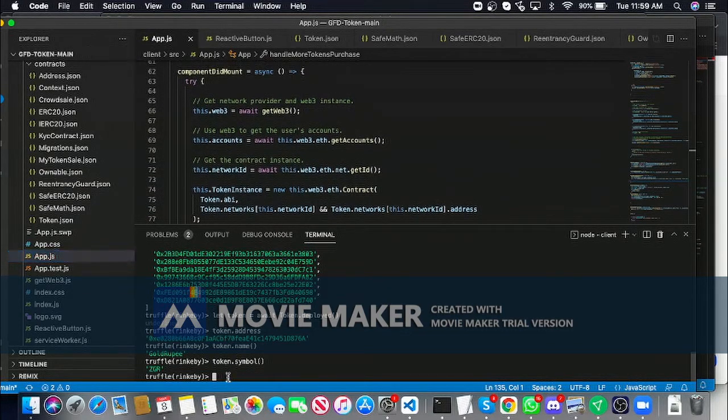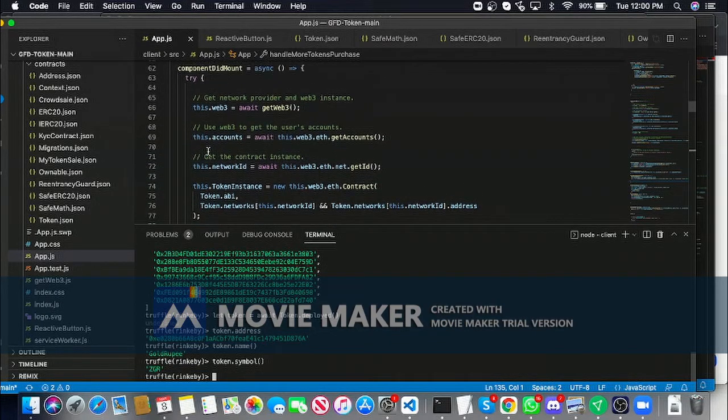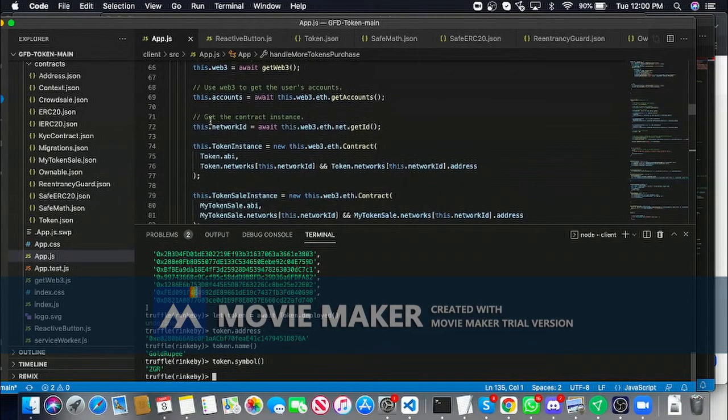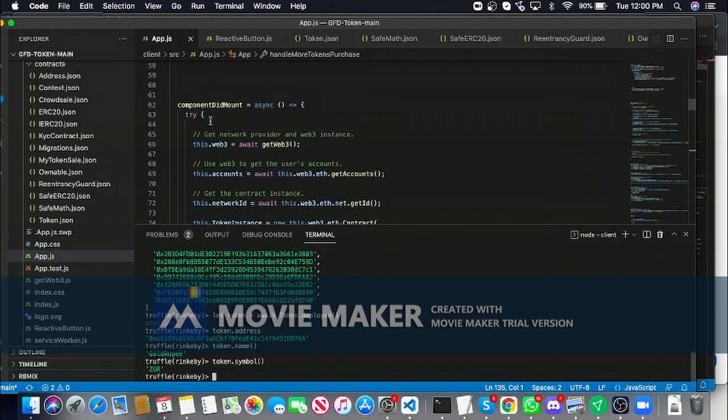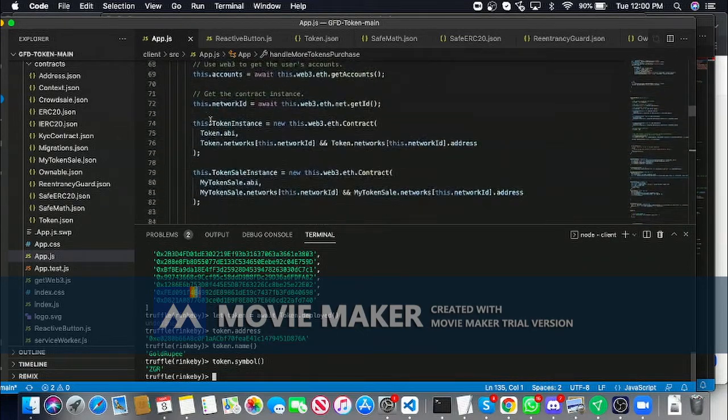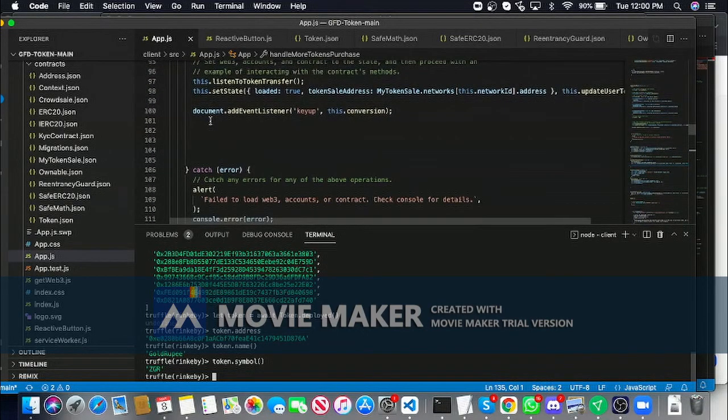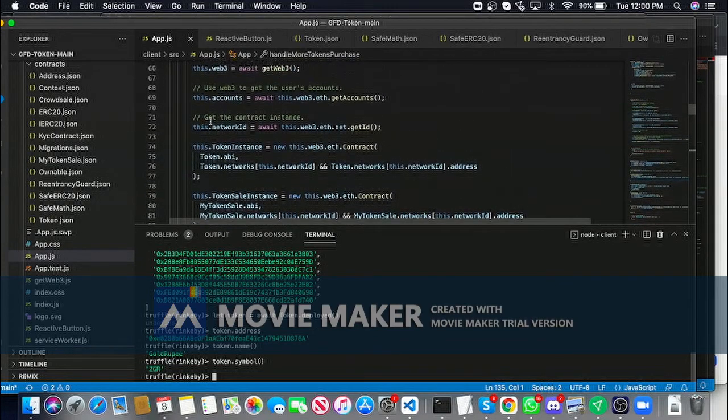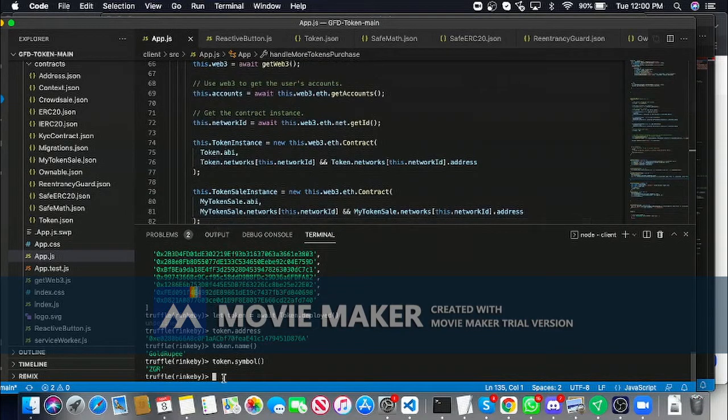Okay, so we've got our accounts all set up. You're able to see what token we've got deployed, just to make sure we're in the right place. Next thing you're going to want to do is get these contract instances the exact same way as in our React app. It's very simple. We're literally just taking all this and applying it to the console. Okay, so what's next is we want to